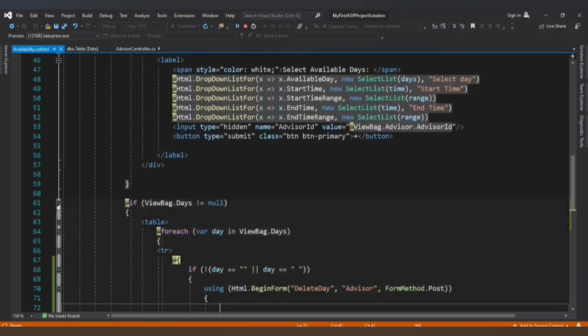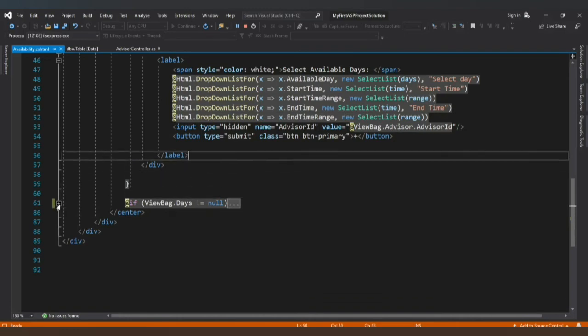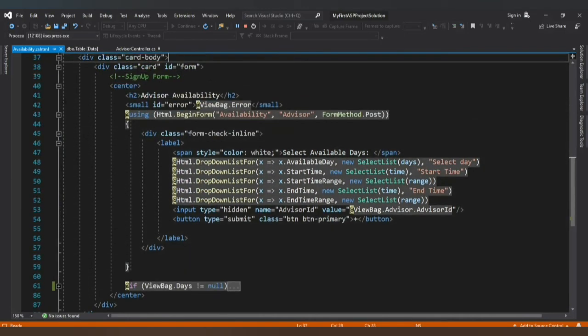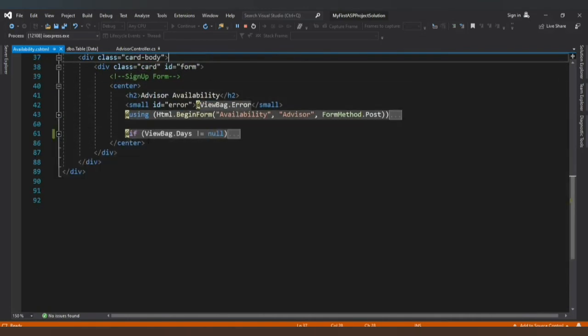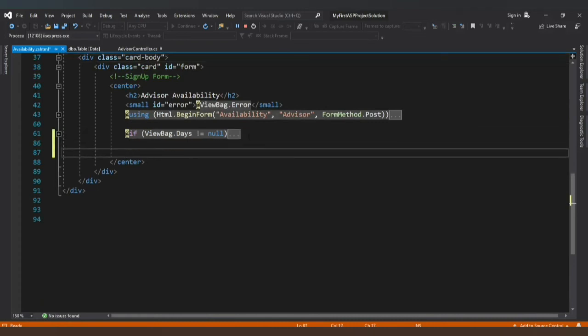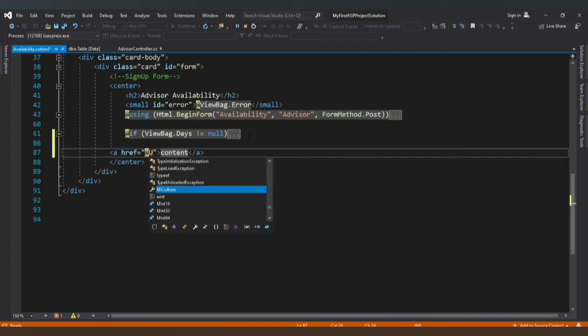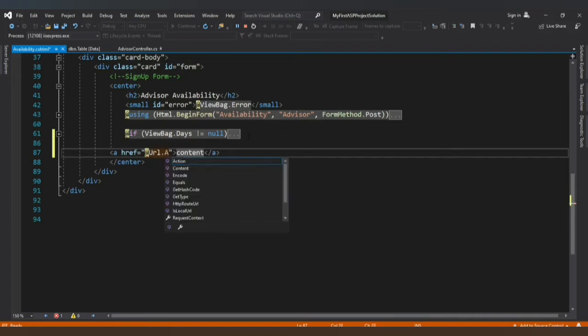So we collapse this, collapse this. Alright, so I'm going to have a button here, or actually a link that's going to take me to my dashboard. I've not yet created that, but it's going to be Url.Action, close brackets. So the action is going to be dashboard,